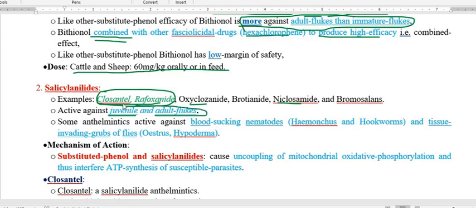Clogental and rafoxanide specifically show very good activity against juvenile and adult flukes,